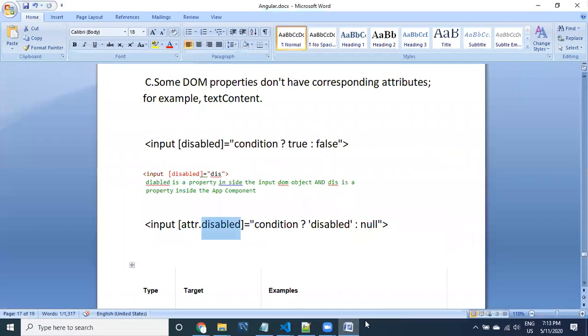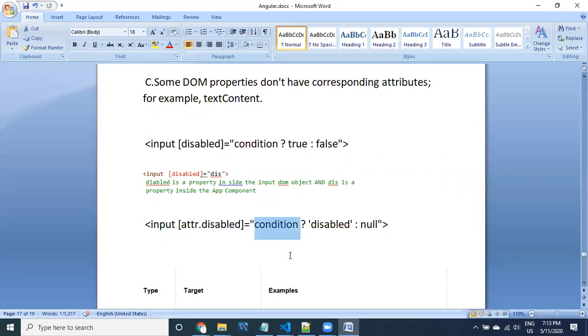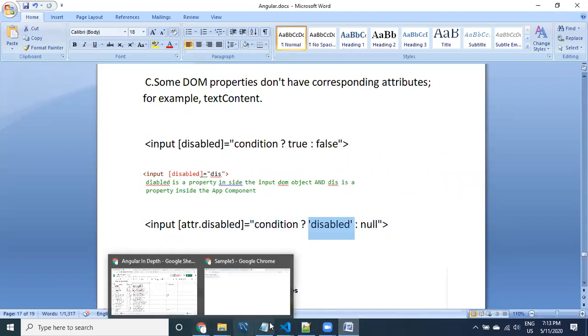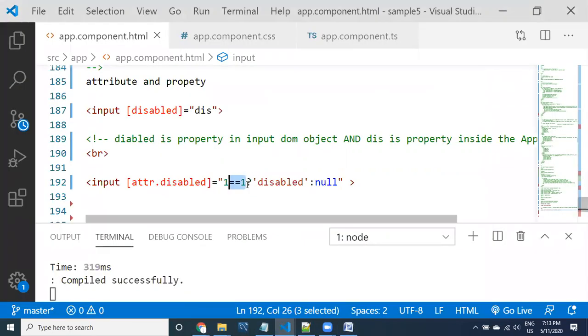Go to here, disabled. And coming to here, guys, I want to change the condition over there.